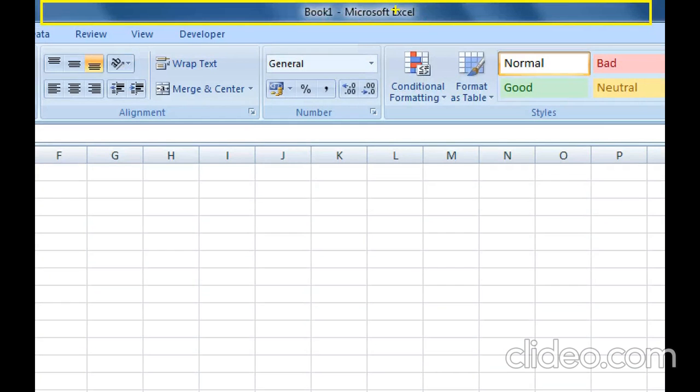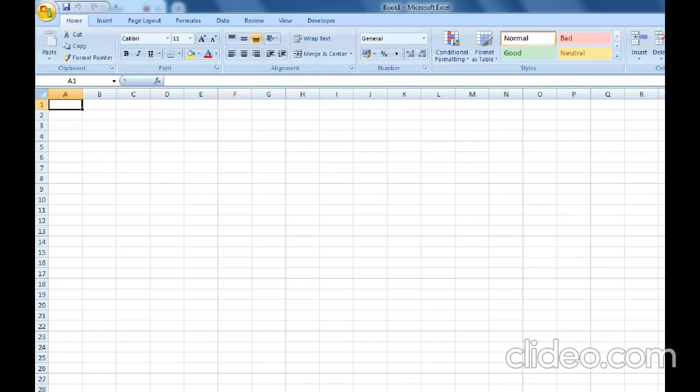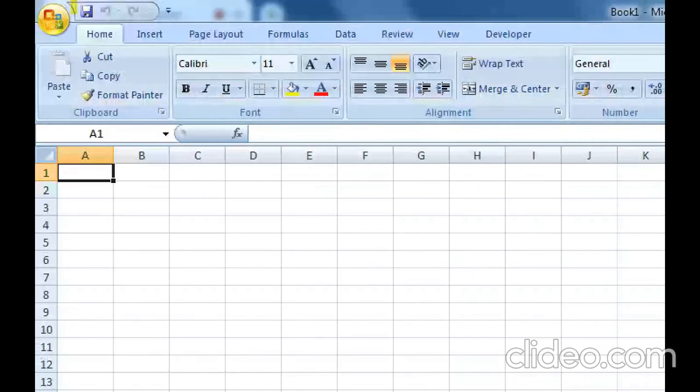Fine. Now let us see what is Quick Access Toolbar and what are the control buttons. This is called as Quick Access Toolbar. The area ranging from here to here. See, this is a shortcut for save, this is the shortcut for undo, and this is the shortcut for redo. Undo means undo the previous action, and redo means again doing the same action. Save, you know already, it is used to save the program, and this is the drop down box for other different menus.